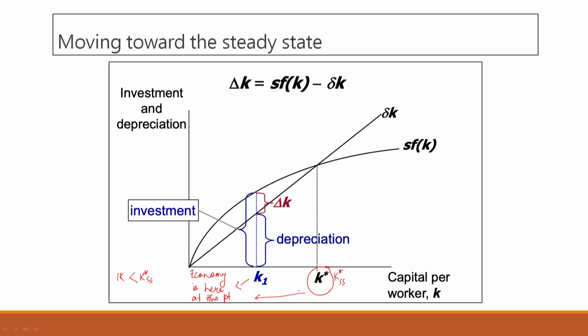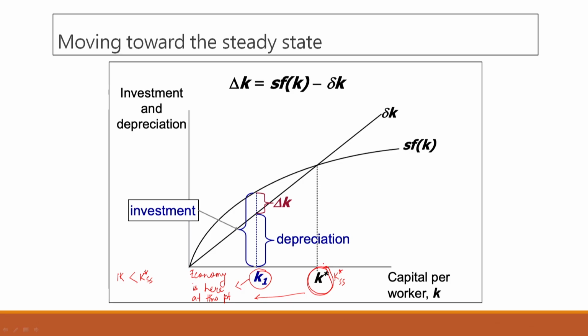Or in other words, we ask ourselves the question: the economy is currently here, and we know that this is the steady state for the economy. How does the economy move towards this particular steady state? Okay, are we clear about that? In the process, I will also give you the answer right away. It is in the process we will see how growth occurs. So, this is the explanation that was given by Solow.